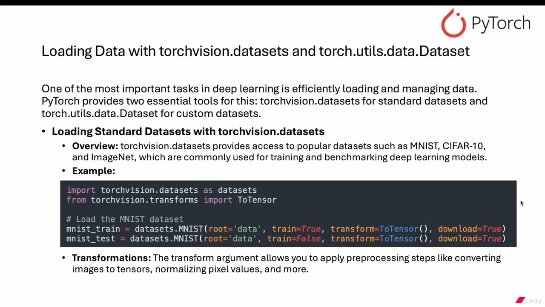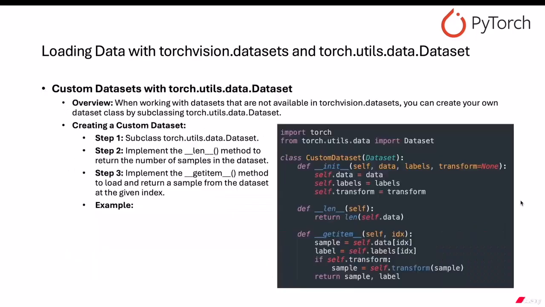Transformations. The transform argument allows you to apply pre-processing steps like converting images to tensors, normalizing pixel values, and more. Custom datasets with torch.utils.data.Dataset. Now, when working with datasets that are not available in torchvision.datasets, you can create your own dataset class by